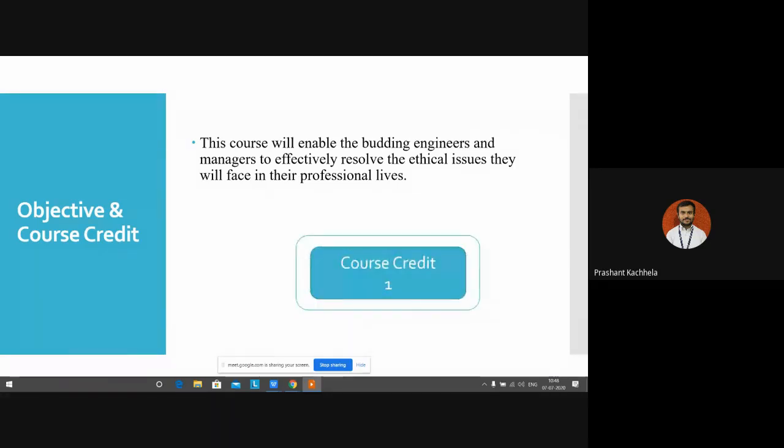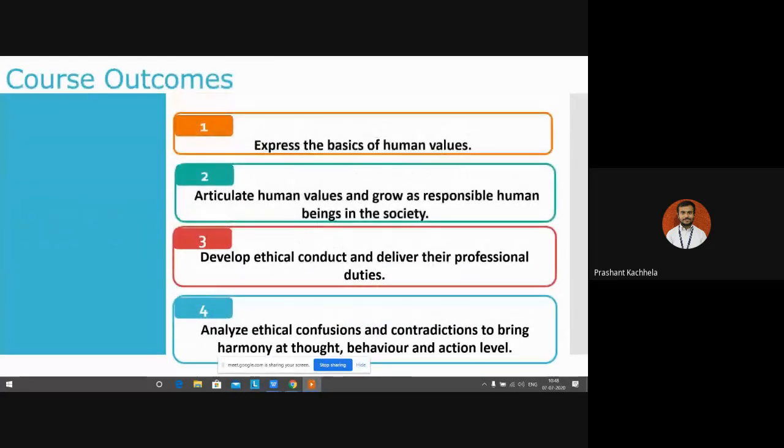Talking about the course credit, our course is of one credit. Even though it's a one credit course, it does matter a lot, because this professional ethics course will help you after you complete your graduation. If you are going for a job or if you are going for your own business, everybody is going to face professional life because they want to go for earning after a few years. So due to your interaction in the corporate world, there will be some ethical situations in which the course can guide you regarding what to consider and what not to consider.